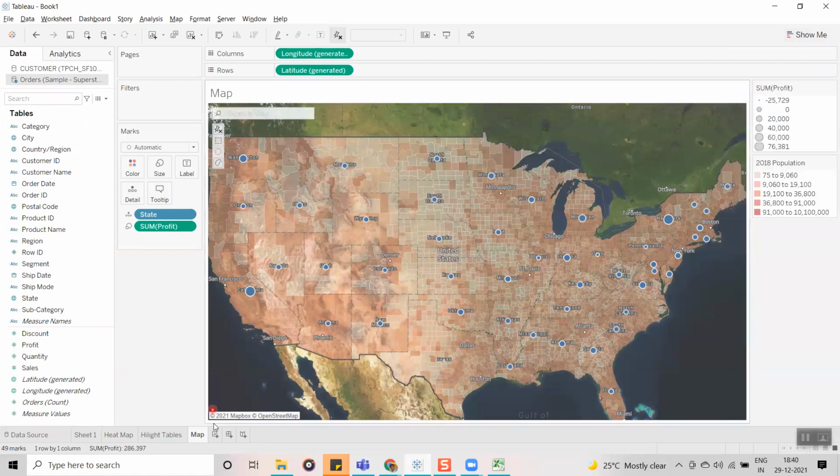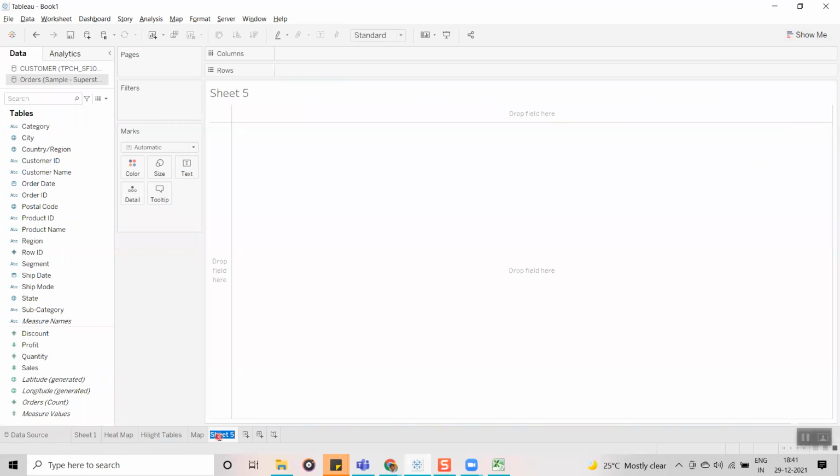And another graph type is the pie chart. See guys, a pie chart is suitable whenever you are having a minimum set of data members. If you are having a large data set, large data members, meaning the volume is more, in the sense the number of data members is more, then the pie chart is not going to display the data properly.